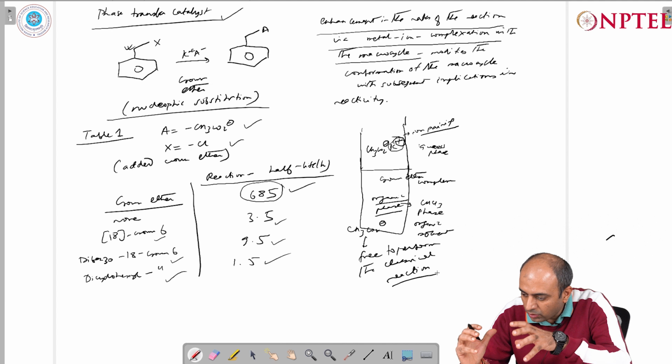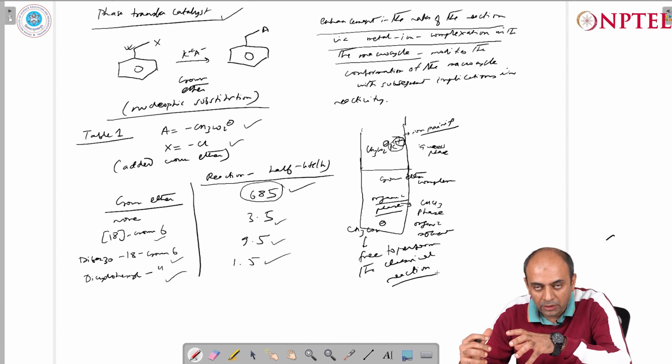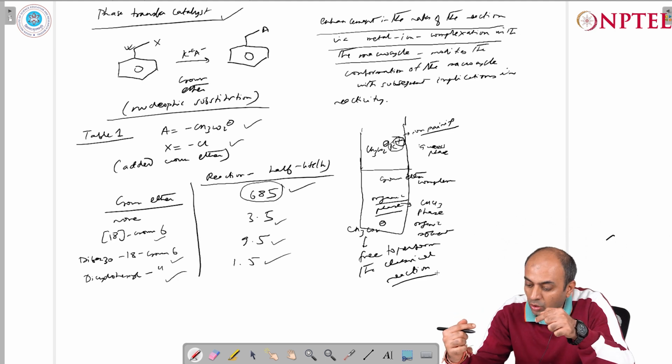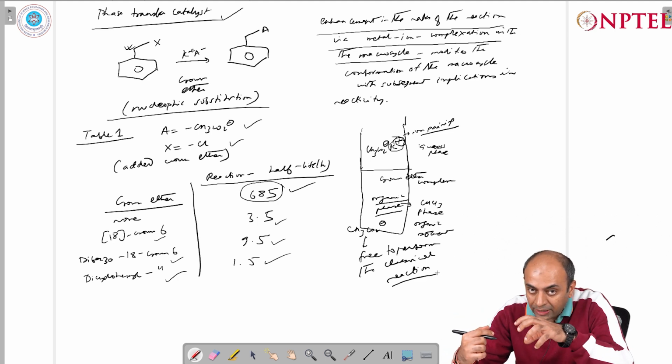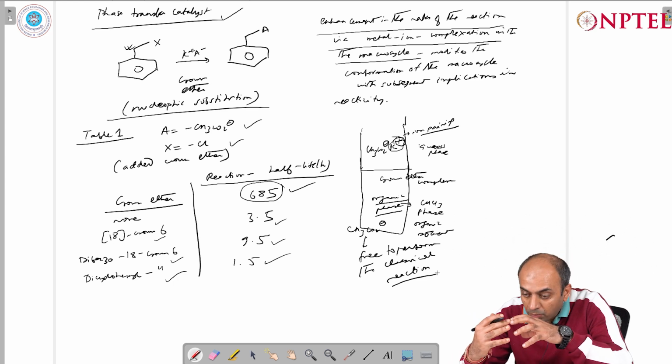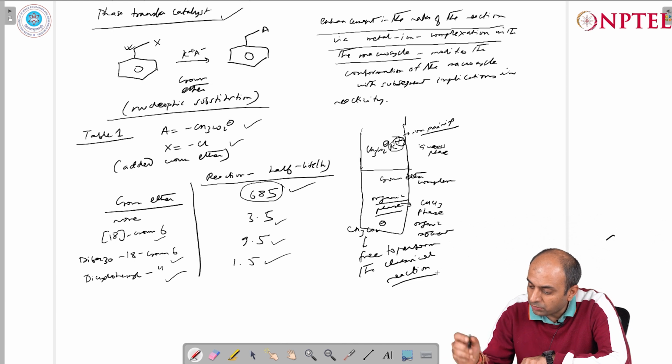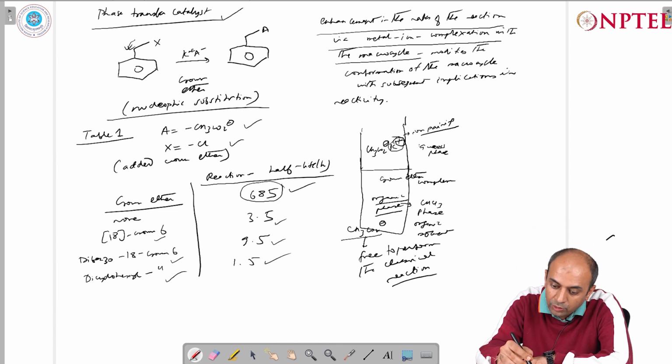Now this particular crown ether complex has a different conformation, because we know that the crown ether when uncomplexed has a different conformation compared to the conformation it adopts when the oxygen atoms point towards the interior where the potassium ion binding takes place. In this conformation the exterior part is more non-polar, which is more favorable in the organic phase, and therefore the potassium ion is removed from the vicinity of the acetate. The acetate is now freed up, and as a nucleophile it can attack the electrophilic carbon center